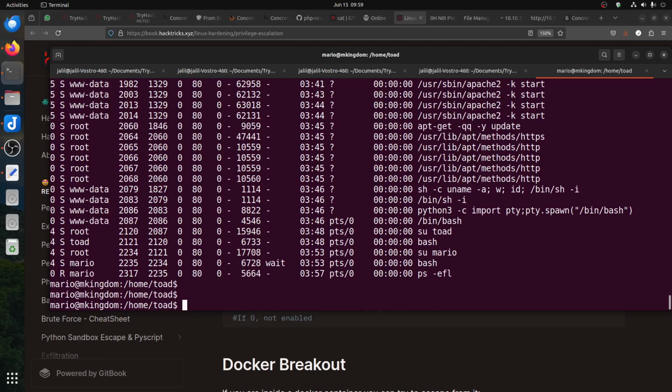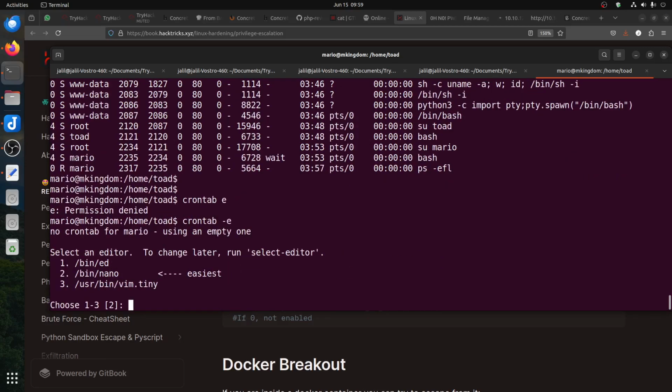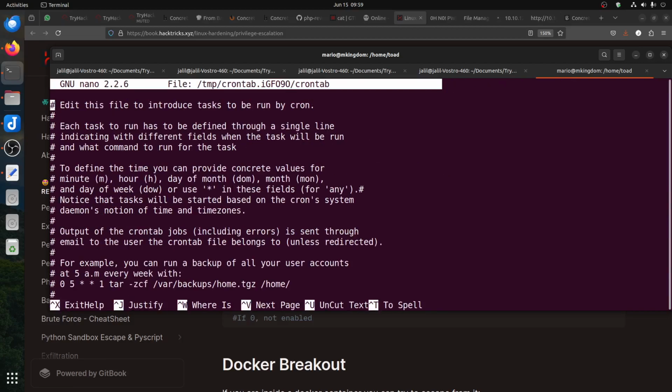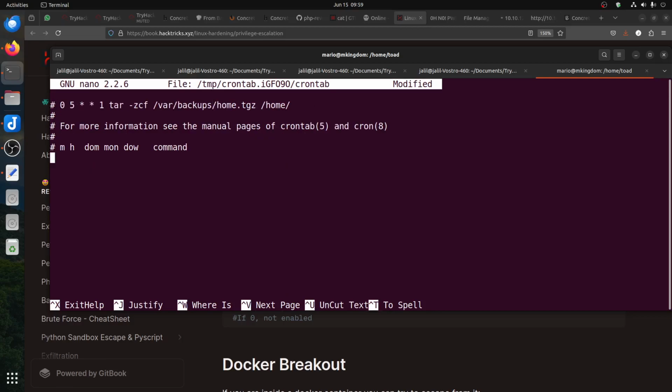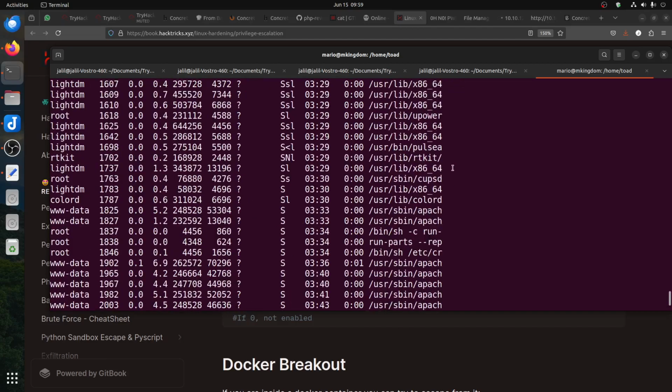If there is a crontab, crontab -e. Oops, there's nothing here, so we don't have crons for the user. The whole point is the root. I don't know why you don't see it now. Root has